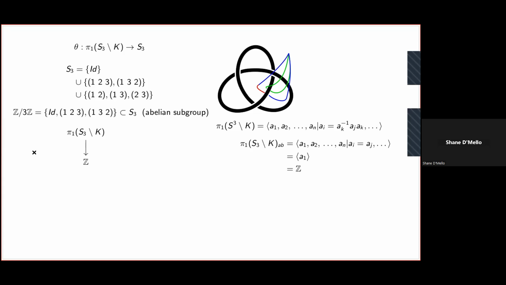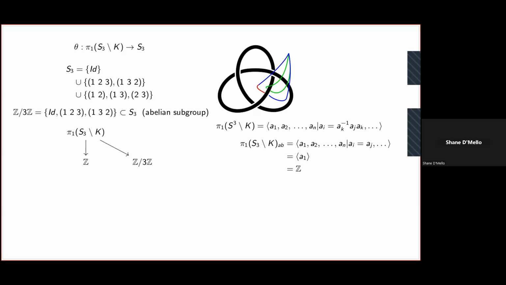The abelianization is Z, and it's an easy to prove property of an abelianization. If I take some other abelian group, let's take Z mod 3 for instance, and look at a map from the fundamental group of the complement of the knot to Z mod 3,